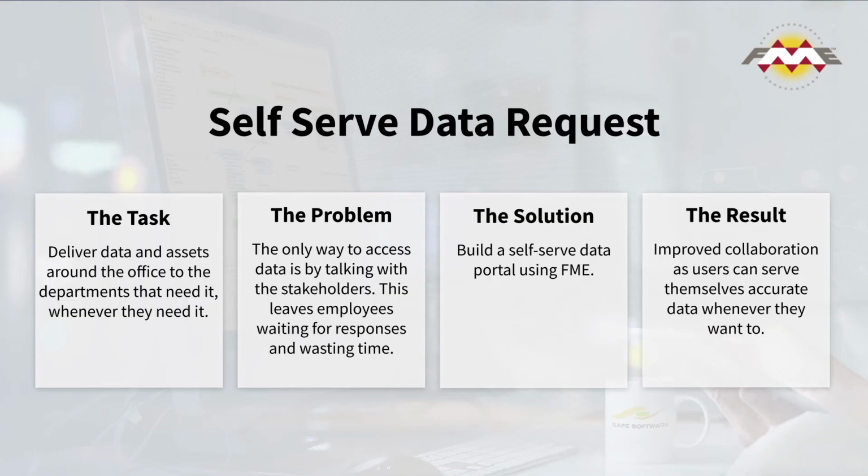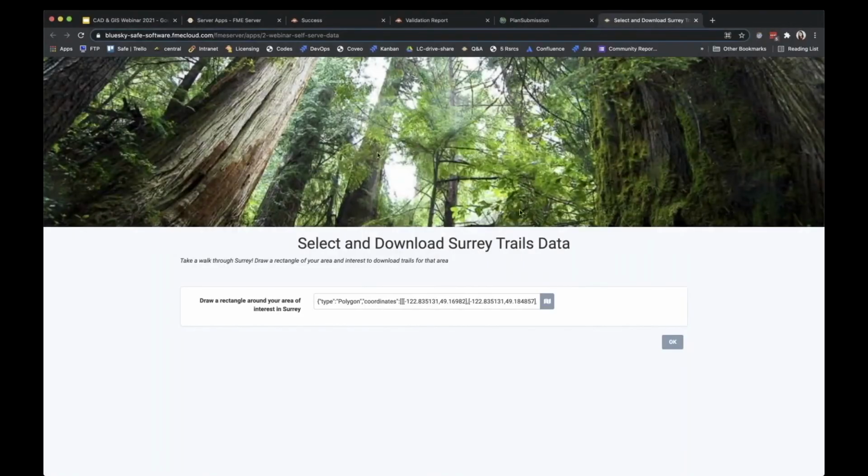So similar to the city of Burnaby's automated one-call system, we're going to create an FME Server app that delivers Surrey Trails data for a user's selected area of interest and provides a download for that data in CAD format. So from here, we're going to head into FME Server apps. I've actually already got it open from that URL. So I have my Surrey Trails data,